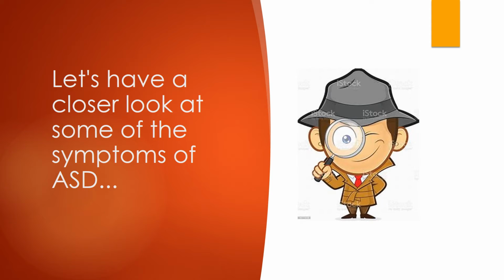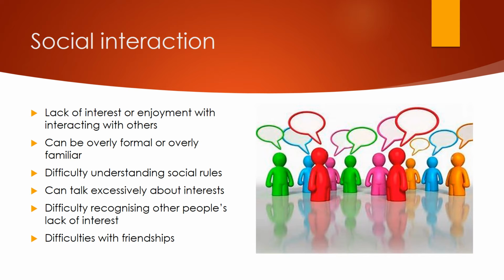So, let's find out a little more about some of the symptoms of ASD. Social interaction. This basically refers to how we involve ourselves with others and how we get on with others. As you can see in the slide, someone with ASD would struggle to identify subtle social cues that many of us automatically register, and as a result, they can have difficulty saying the right thing in a social situation. This can lead to all sorts of difficulties, from falling out with friends, to causing offence, to being disrespectful to authority figures.